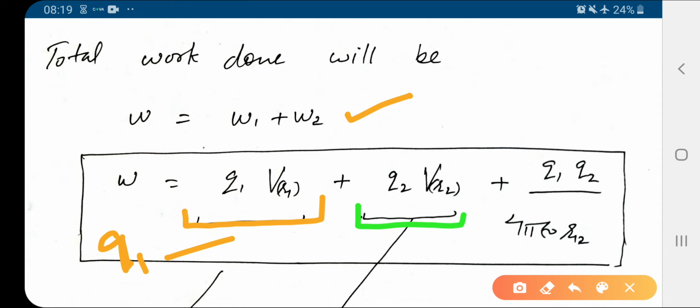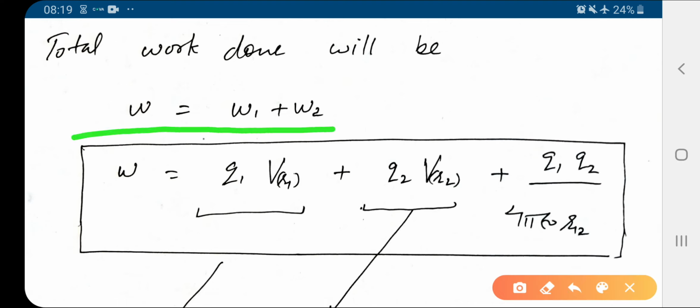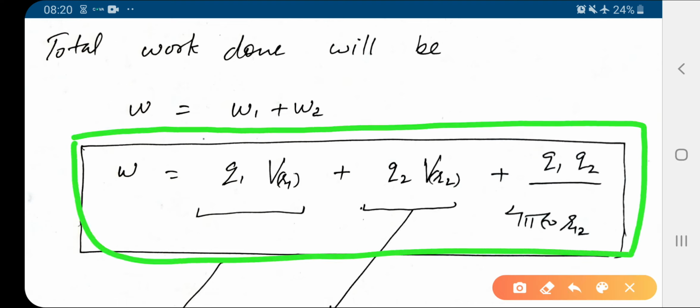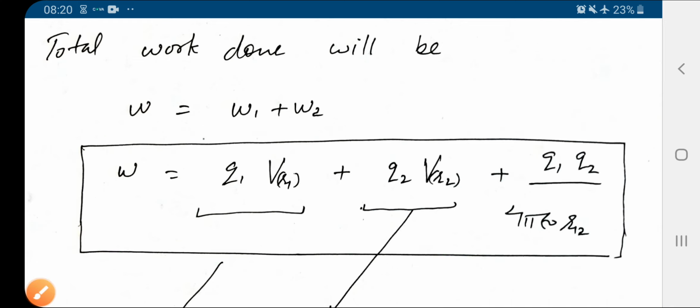So here we get two terms. One term because of the external electric field, and the second term because of the presence of the first charge, that is Q1. So this whole is the expression for the work done for placing Q1 and Q2 charges in the presence of an electric field. But in the article you did before this, those other terms were absent. Why are they absent? Because in this term, the potentials BR1 and BR2 are the potentials at points A and B due to the external electric field. The previous article was in the absence of an electric field, and this is in the presence of an electric field. So that is the total work done for placing 2 charges.